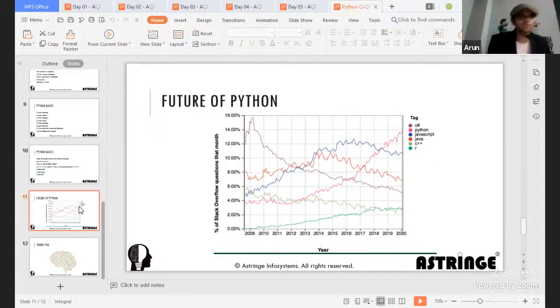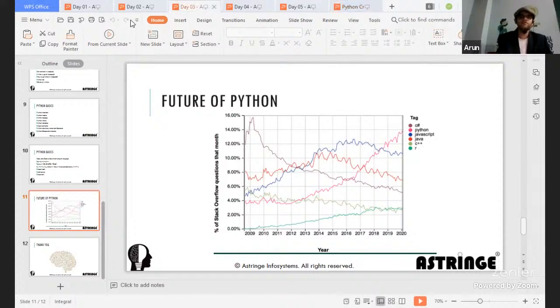But as of today, Python has become almost a de facto for data science. Hence, if you see, the graph is going higher for Python while all other things are coming down. And I'm pretty sure the graph will move even further exponentially as time goes by. But at the same time, it is our job to match up to that and see that it is helpful for humankind. Okay, this is all about the future of Python.